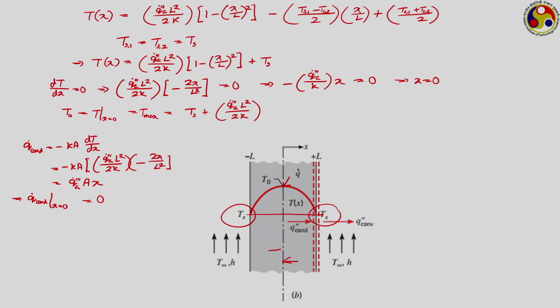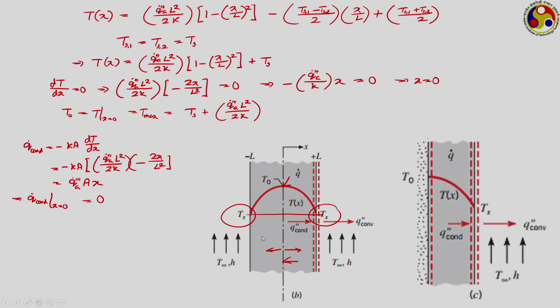Whatever heat conduction is taking place on this side, the same amount of heat conduction is taking place on the other side as well, so the net heat conduction is equal to 0. The temperature profile across the central line is going to be a mirror image, the temperature profile on either side will be a mirror image of each other. So, the central line can be considered a plane of symmetry, and therefore, we can almost assume it to be like an insulated surface, just like this.